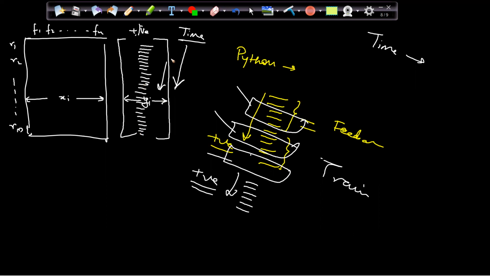Now suppose at this current state of time, let's say I'm training the model on the last 15 days of data. So this is my last, let's say, 60% of the days' data. This is the last 20% of the days' data, which is CV data, and this is 20% of the data, which is like the test data.